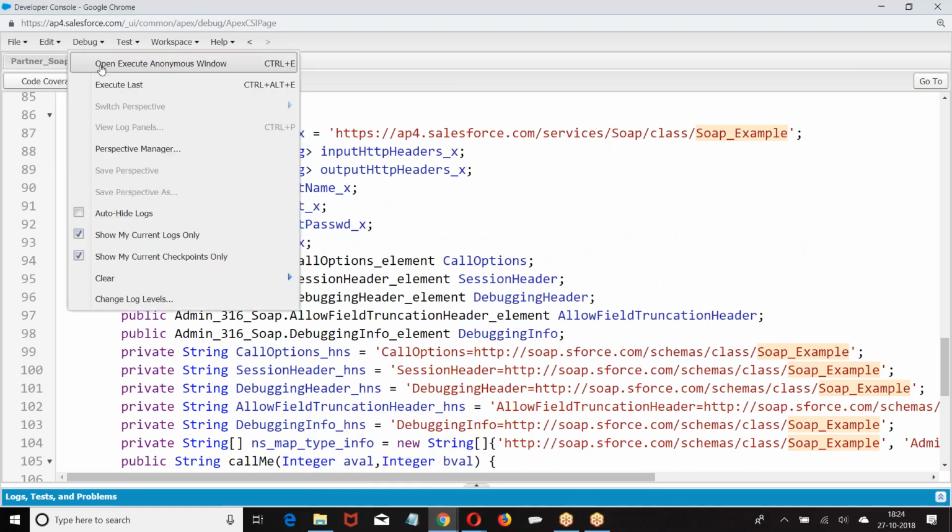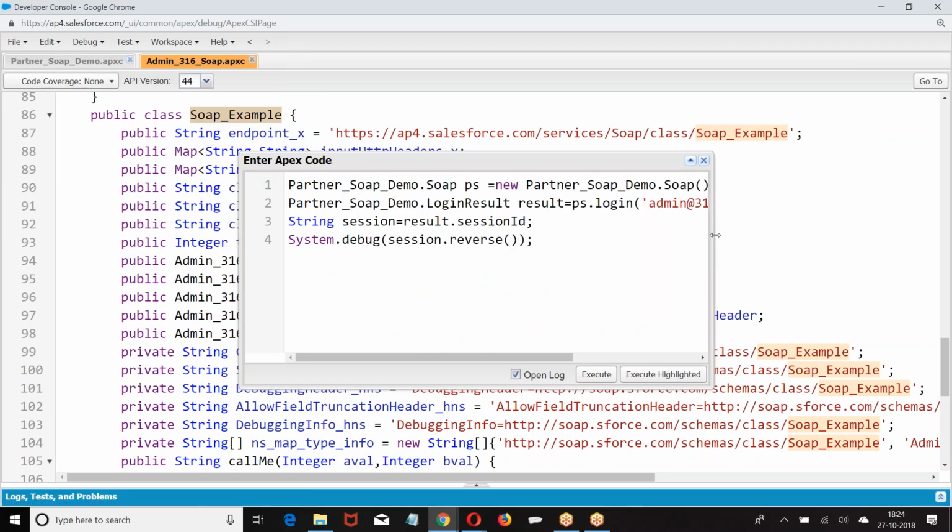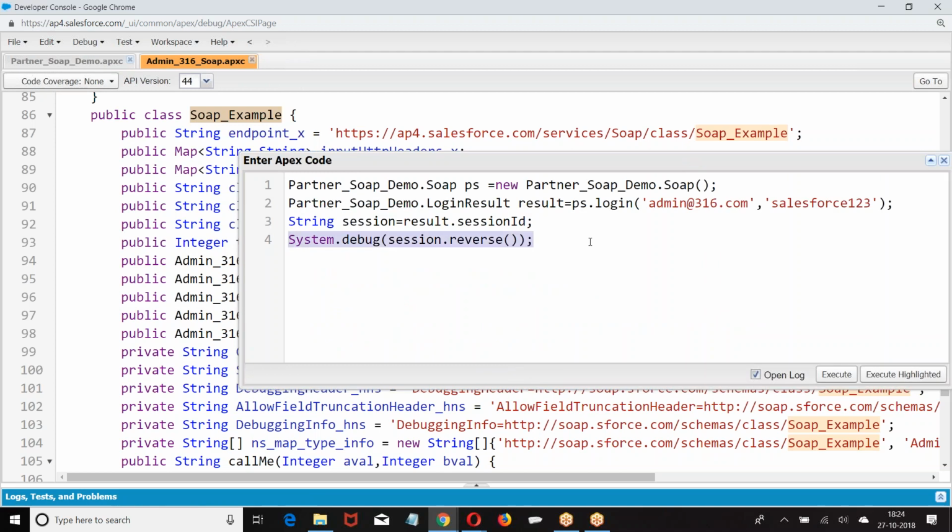First, what is the first point I have to do? Generate session ID. This will generate what? Session ID. Okay. Then I was supposed to execute service. What is the service I have?